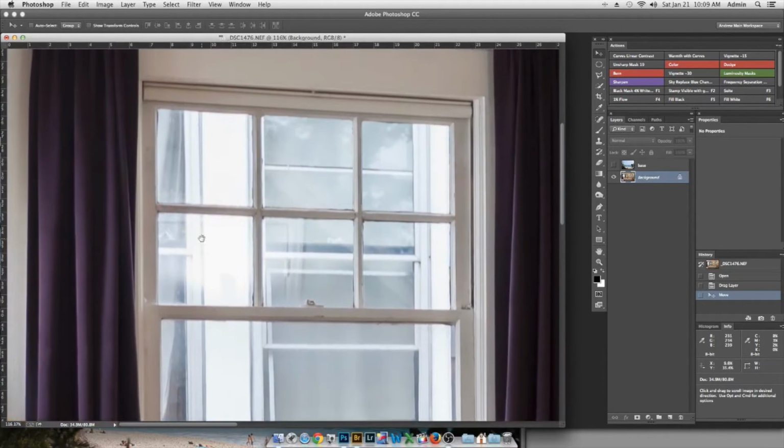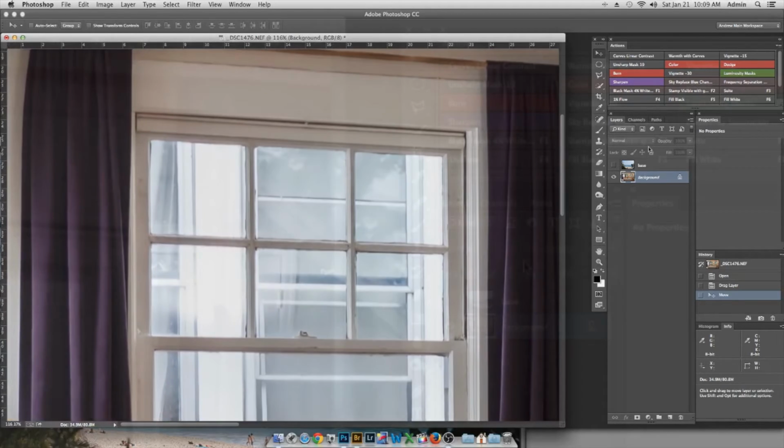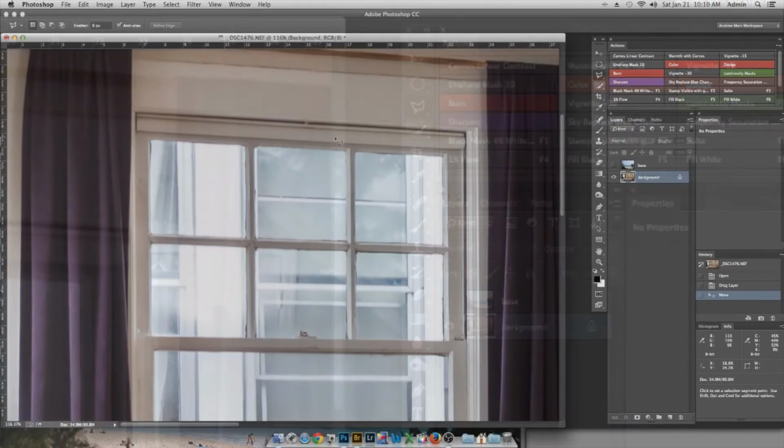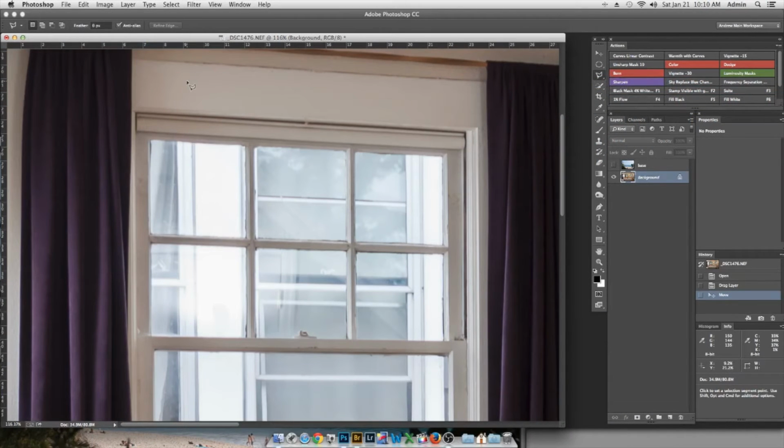And let's see how we'll do this. We will grab this. It's called the polygonal lasso tool, okay? It's the one, not the lasso tool, but the polygonal lasso tool, okay? And I'm actually going to get my mouse here because I feel a little more stable with this tool with the mouse. All right, so